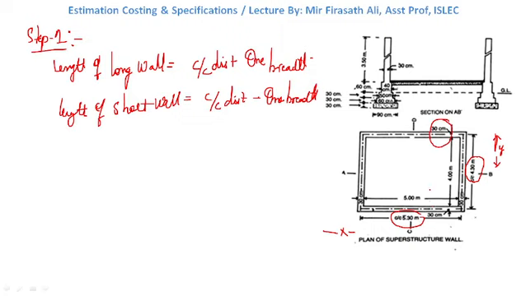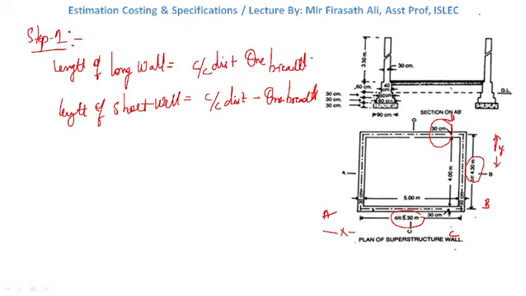Now we need to draw a table and fill the quantities in that table. Let us see how to draw the table and how the quantities have to be filled. Once again, how we got this length of long wall: the long wall is this, which we can say is AB. Suppose this is the point A, this AB plane is nothing but the long wall, and the CD plane is the short wall.